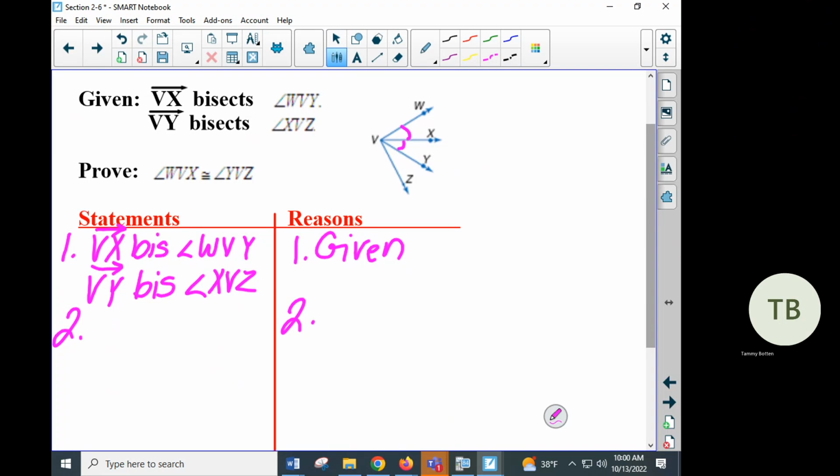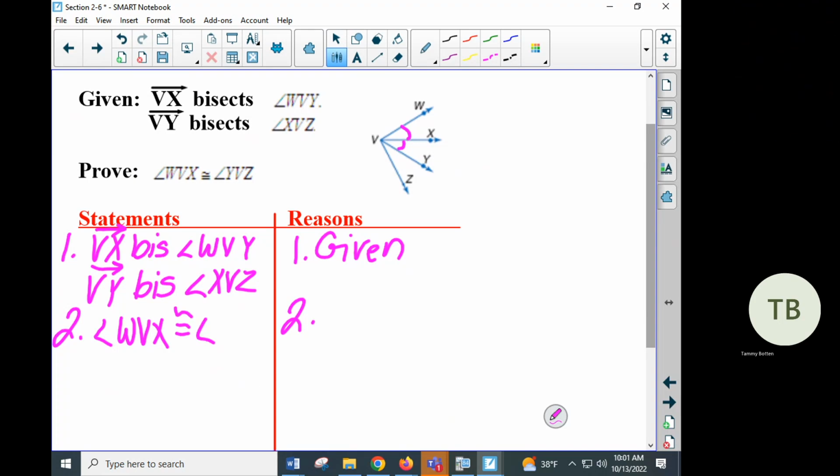Now, this is one thing that is not super ideal, but when you name these angles, like this one, you can name WBX or XBW, and they're both the same. But when you name that, you want to make sure the way you name it is the way they did. So if you look, WBX is right here, and that is how they named it. When I name it here, I'm going to say angle WBX is congruent to angle